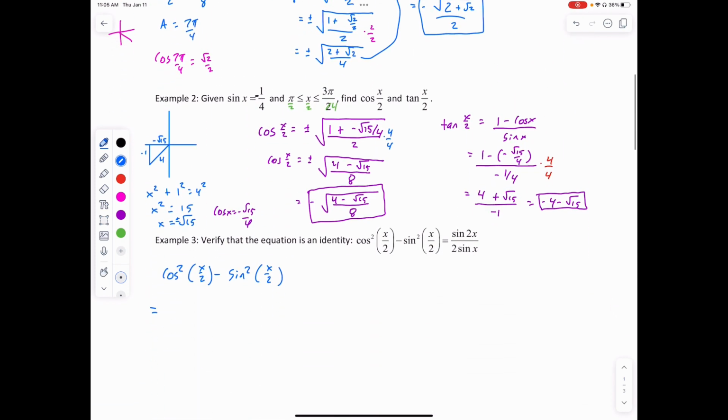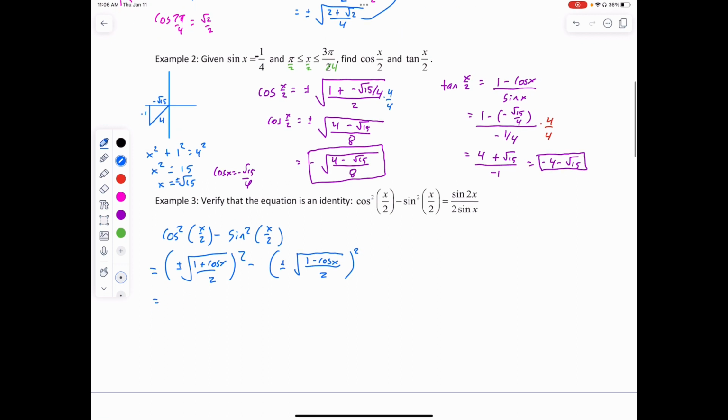Cosine is plus or minus the square root of 1 plus cosine of x over 2. And now we're squaring it. Minus plus or minus the square root of 1 minus cosine of x over 2. Make sure my radical is covering everything here. And then we're squaring that. Which is equal to what? When I square that, the plus or minus gets canceled and the square root gets canceled, and I get 1 plus the cosine of x over 2 minus 1 minus the cosine of x over 2,